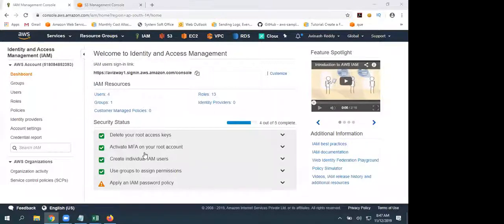We can export users as CSV. That is an option we are going to get under the credentials report. I'm going to share that tomorrow. We have not yet finished IAM. I'll show you. We can export all the users, and we can get information also, like when that user last logged in, when he recently changed his password, and what services he accessed. That also we are going to discuss in our next session.